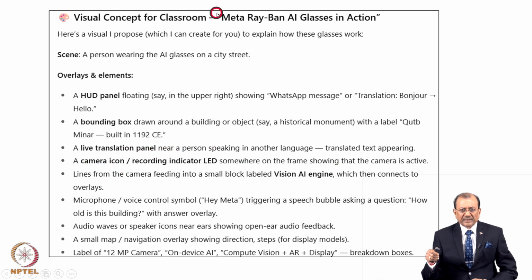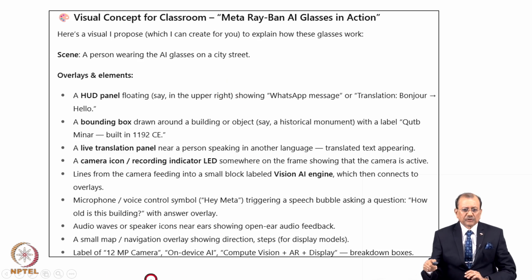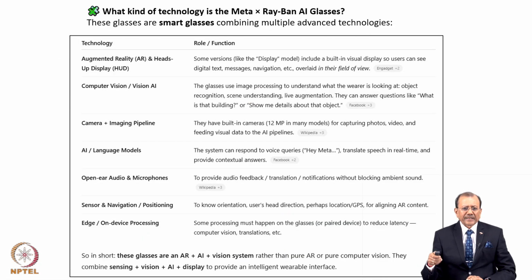If I like to give a layman kind of functionality, in layman language I would describe this functionality. It has on one side the capabilities of Alexa, on the other side it has capabilities like a computer vision camera, and on the third side it has the visibility like augmented reality, where it gives any object information in the augmented reality in the context. So that's why it is called on-device computer vision, AR and display. What kind of technologies are being played? This slide gives us that explanation.